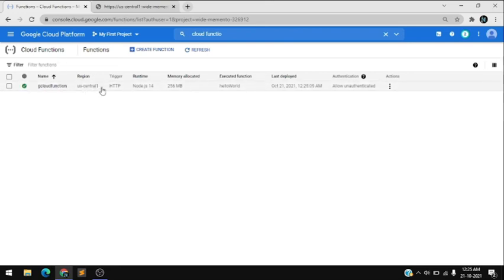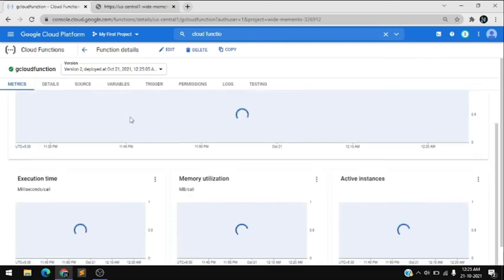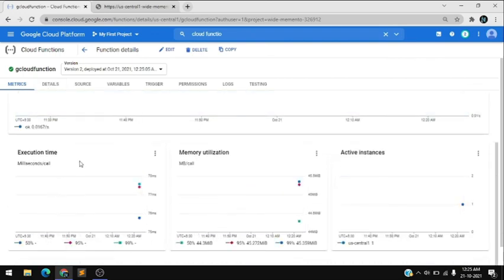So now the function is created, the function is updated, so click on the function. Now here you can see the execution time, and here the request time is 95%, which is 77.43 ms, and 99%.